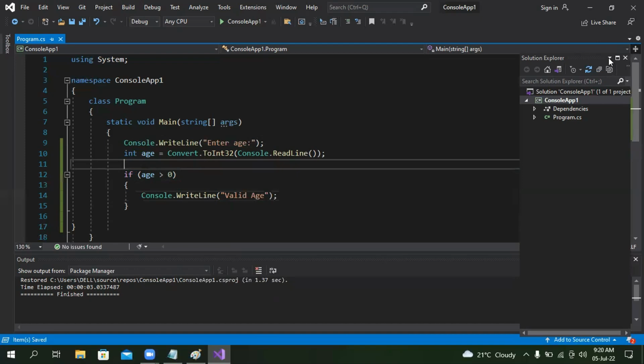F10. It asks the user to enter your age. I'll give 2. Now the age is whatever you entered, it reads it and will display the value of your age, which is 2. 2 is greater than 0. Condition true. It will come inside the block and display the output: valid age. Okay. So next,